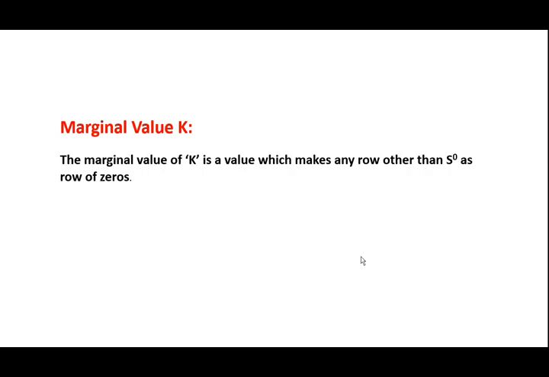So where if you substitute k value, that is the marginal value. That is the marginal value where if you add this marginal value to that particular parameter, then the system may get stable. So that is the marginal k value. So that is the margin given to the system not to become stable. So let us see what is the marginal k value in the problem 6.